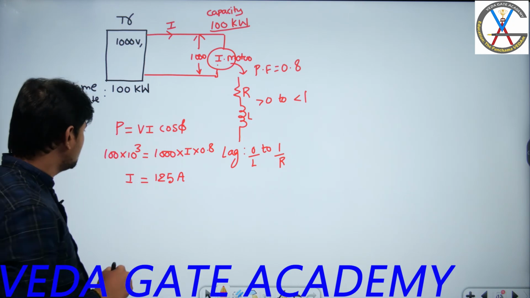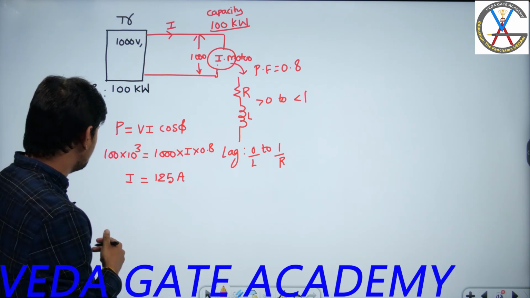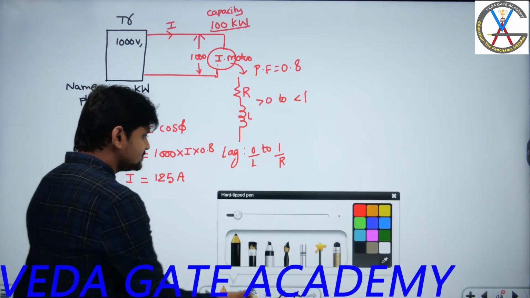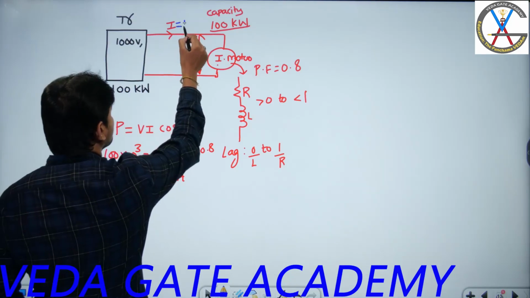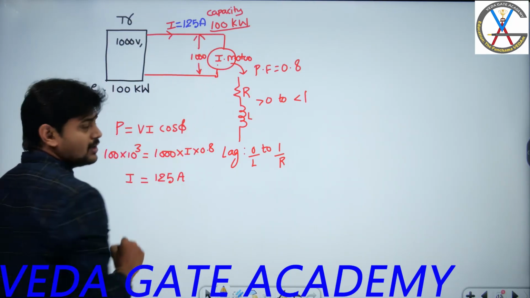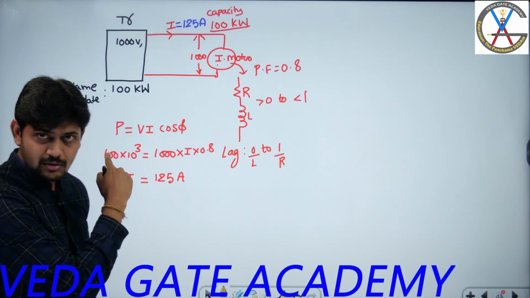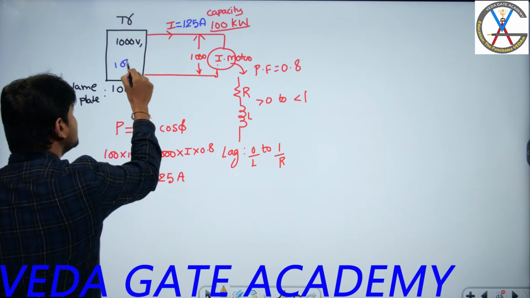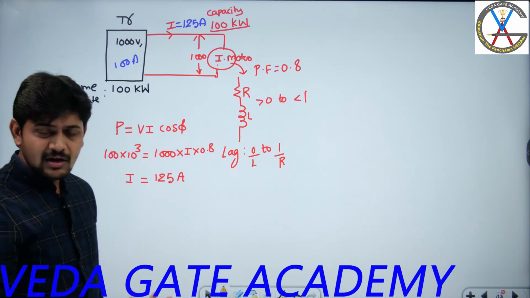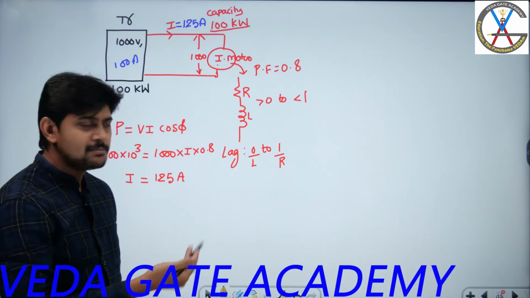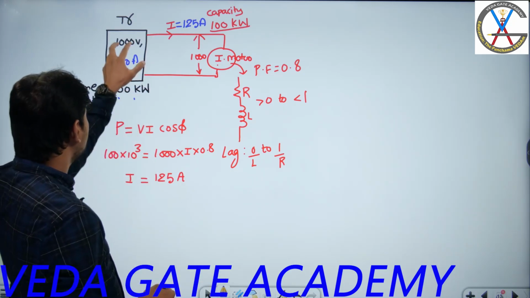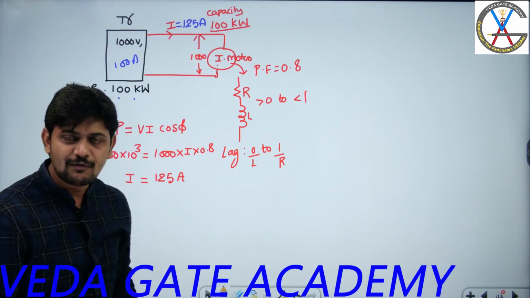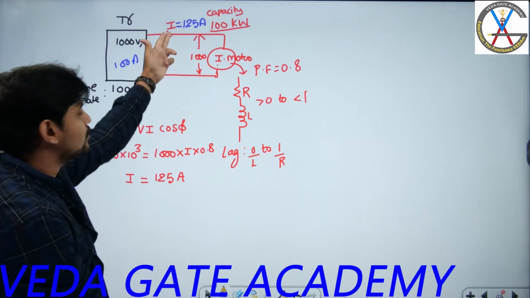Are you following what I am saying? So it is approximately 125 amperes. That means the current drawn by this particular load is 125. But as a designer, I know the current carrying capacity of this winding is only 100 amperes. As a user, he doesn't know the winding capacity. He simply understands this is 100 kilowatts at a voltage of 1000. So he has chosen the induction motor with a capacity of 100 kilowatts. If I apply his maximum load, how much current is it going to draw?